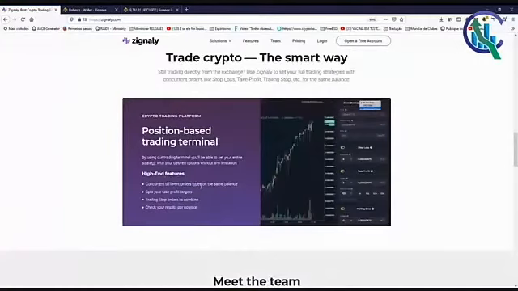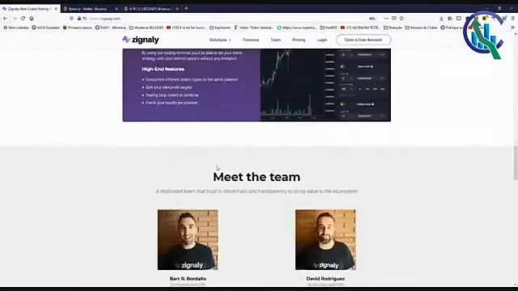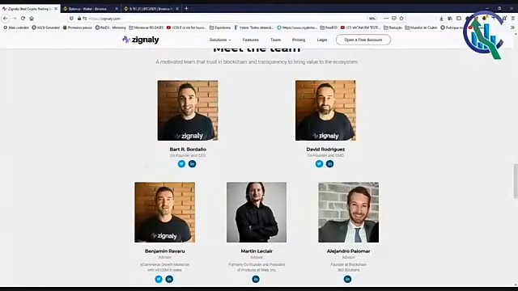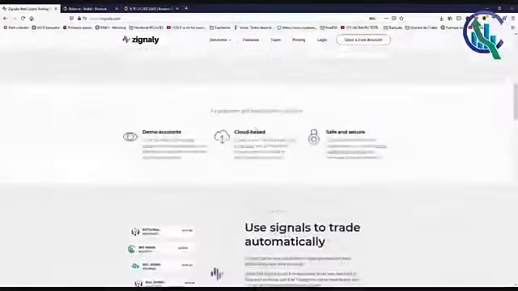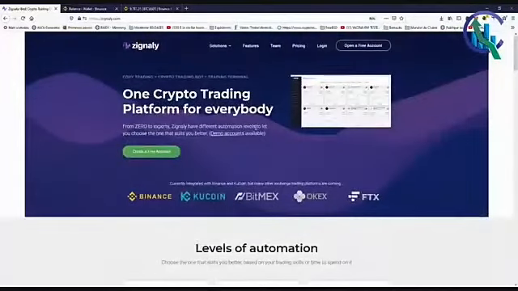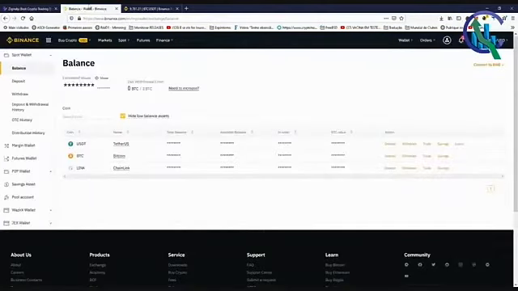Okay, they offer a trade terminal, IDs. They have a very nice team. I get to meet these guys at some conferences. They are really nice guys, and they are very professional. So that's what I want to say about Zignaly at this time. We are going to also trade on Binance. I think most of you have already opened an account on Binance. If you want to trade futures on Binance, the first thing you need to do is to enable futures in your account.